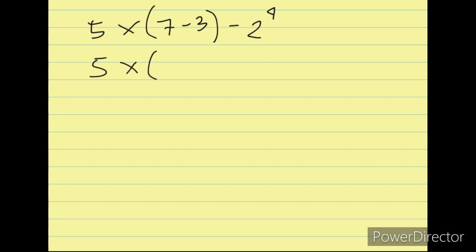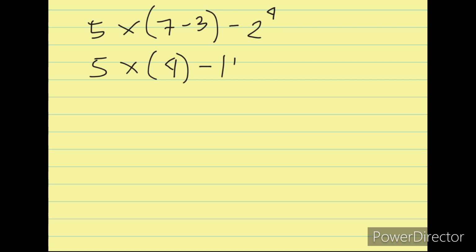Another example, if we have 5 times, open parenthesis, 7 minus 3, close parenthesis, minus 2 to the 4th power. Okay. Again, using the GEMDAS rule, first, the grouping, or simplify the numbers inside the parentheses. So 5 times 7 minus 3 is 4. Then minus, after the grouping, exponent. So 2 to the 4th power is